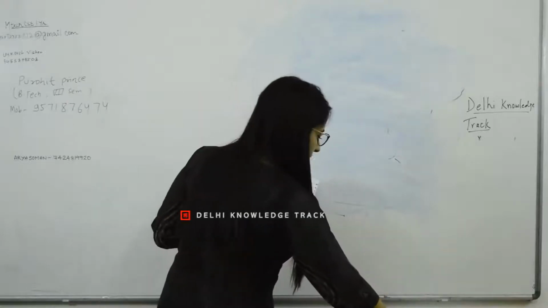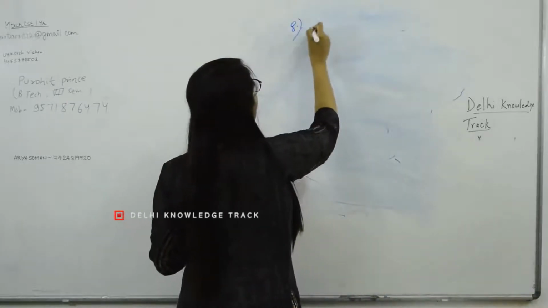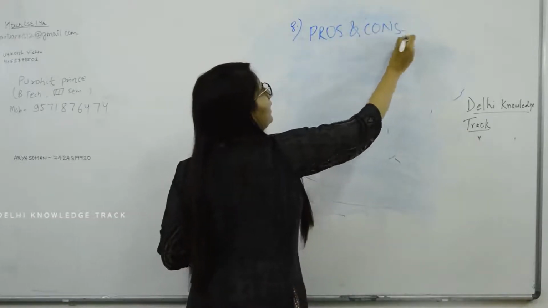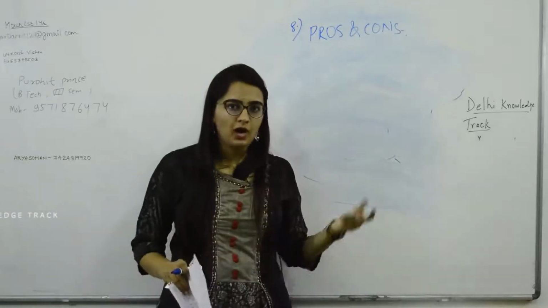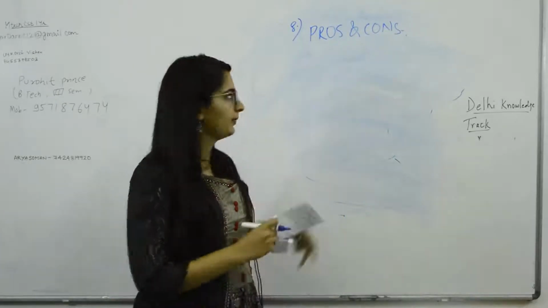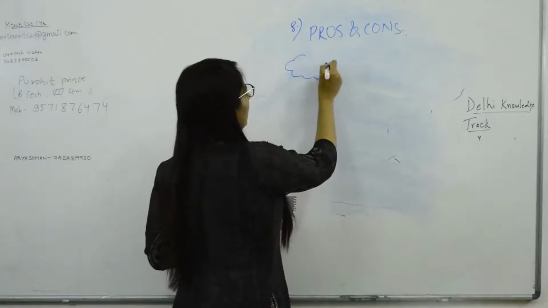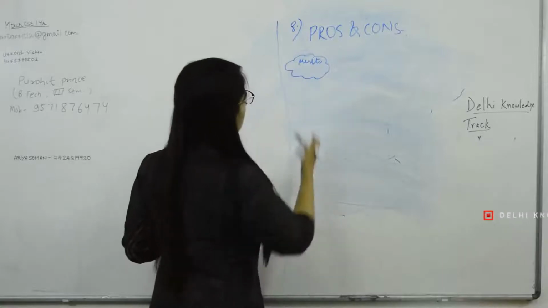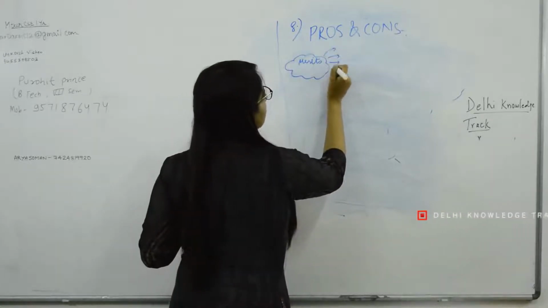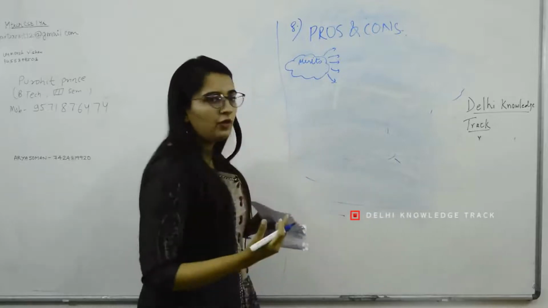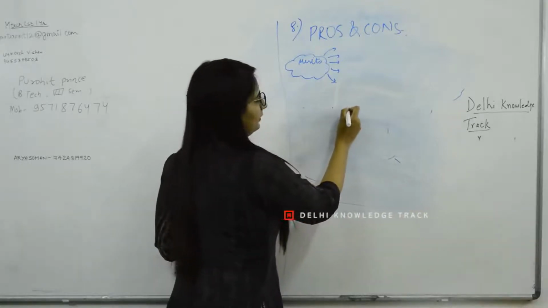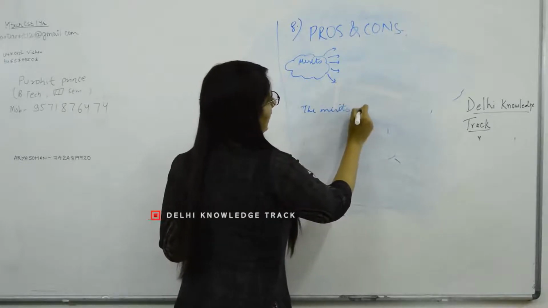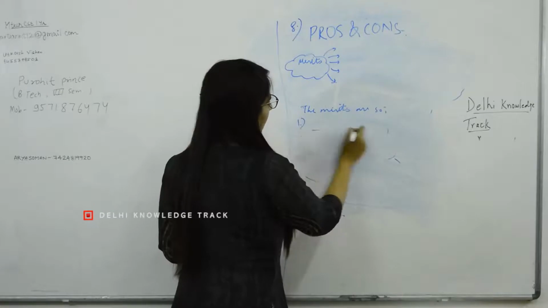Yes, then there is the next approach, the 8th one, writing the pros and cons. If the government is asking about a program, what are the pros and cons of this program? So to save on time, what we can do is write the merits of the program here, this is the page, this is the margin of the page, merits, and then the merits like this. Generally what we do is, we write the merits of so and so are so and so, and then 1 write it, 2 write it.